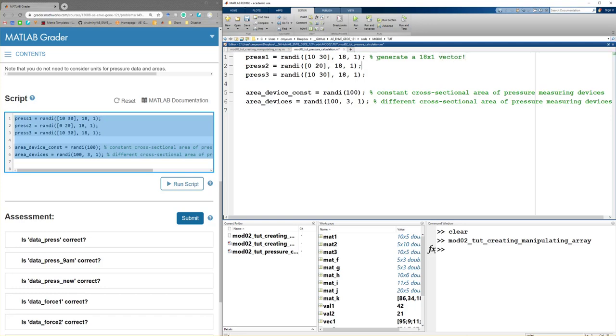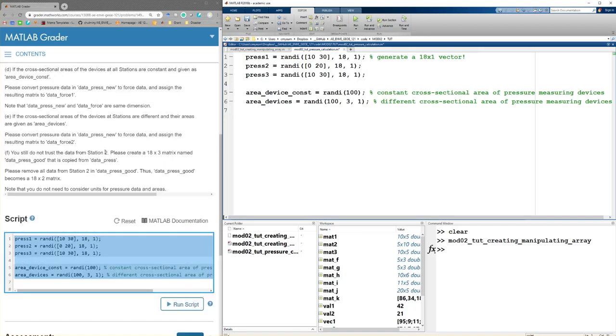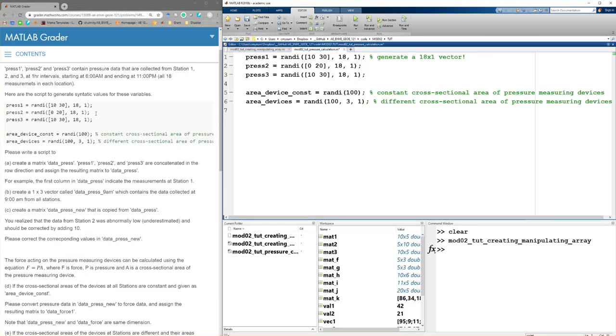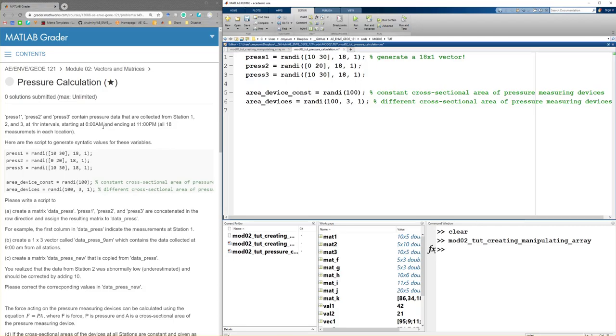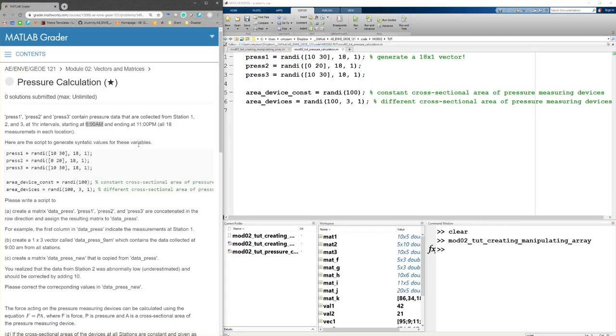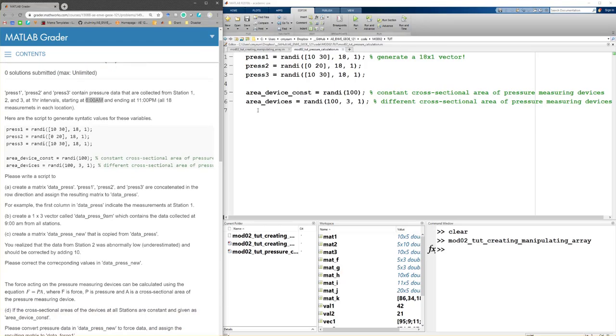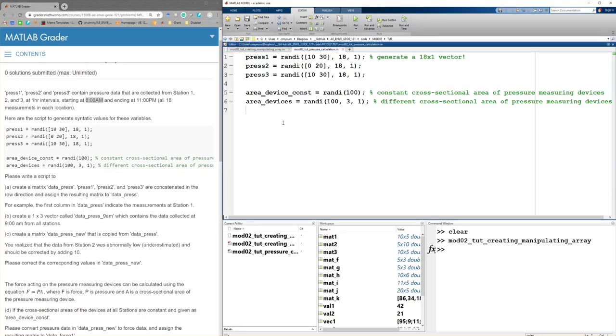Okay, it's the same thing for pressure 2 and 3. Each element is indicating the pressure data at the corresponding time, right? 6 a.m. to 11 p.m. Okay. All right, so let's solve the